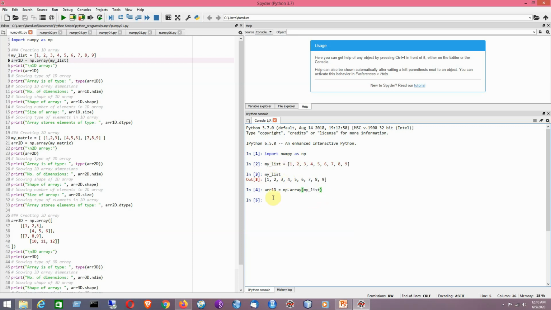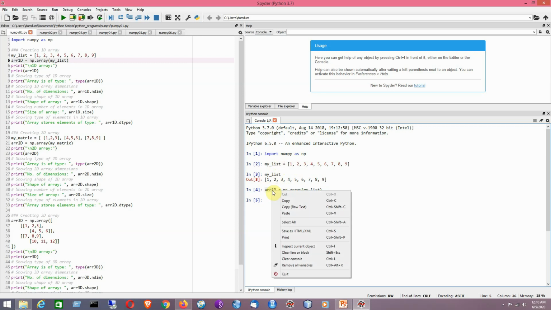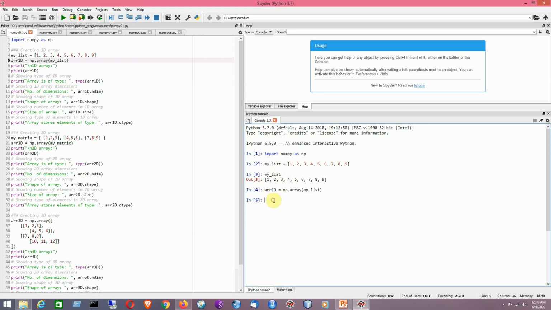So in that way I will be able to create the array from the given list using the NumPy module. So it has been created. I have created an array that is a one-dimensional array. Here you don't have to write the print function, because in the IPython console, by mentioning the name of the variable, you can see the contents of it. So no need to write the print function here.